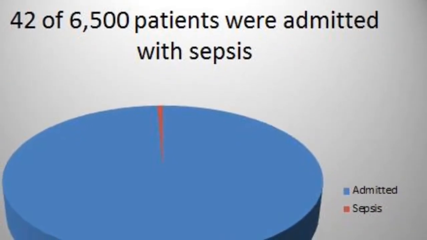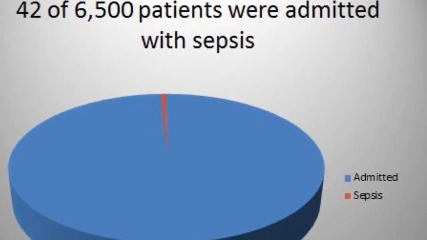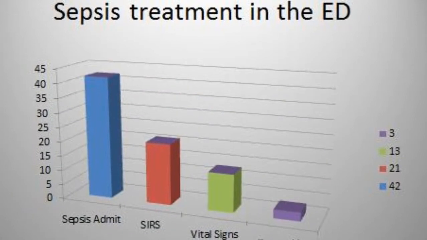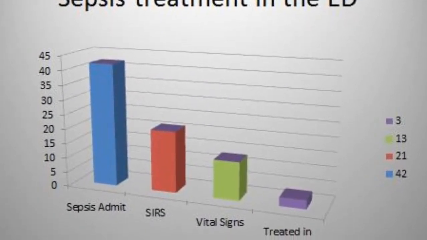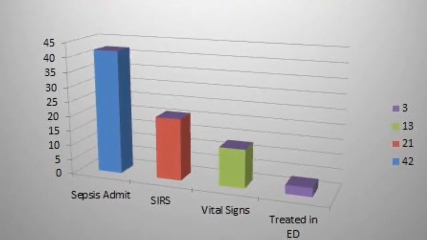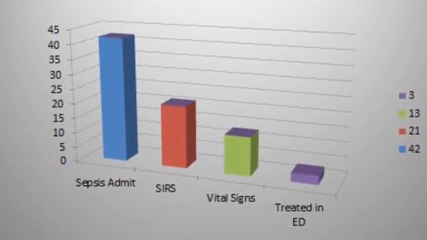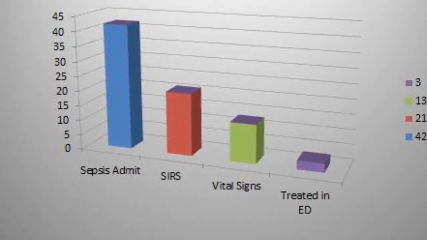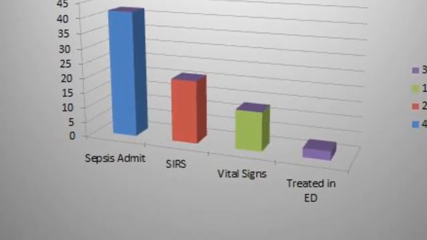After a comprehensive search of the electronic medical record database, it was discovered that 42 of the 6,500 emergency department patients were admitted with suspected sepsis. Of the 42 records reviewed, 21 met 2 or more of the systemic inflammatory response syndrome criteria. 13 of those 21 had vital signs indicating clinical criteria for systemic inflammatory response syndrome. However, only 3 of the patients admitted to the hospital had been diagnosed promptly and treated in the emergency department